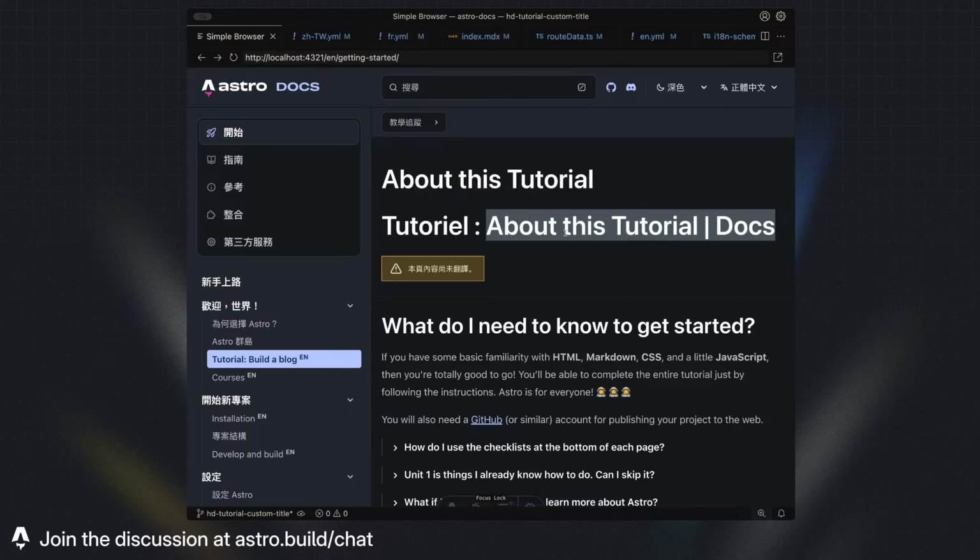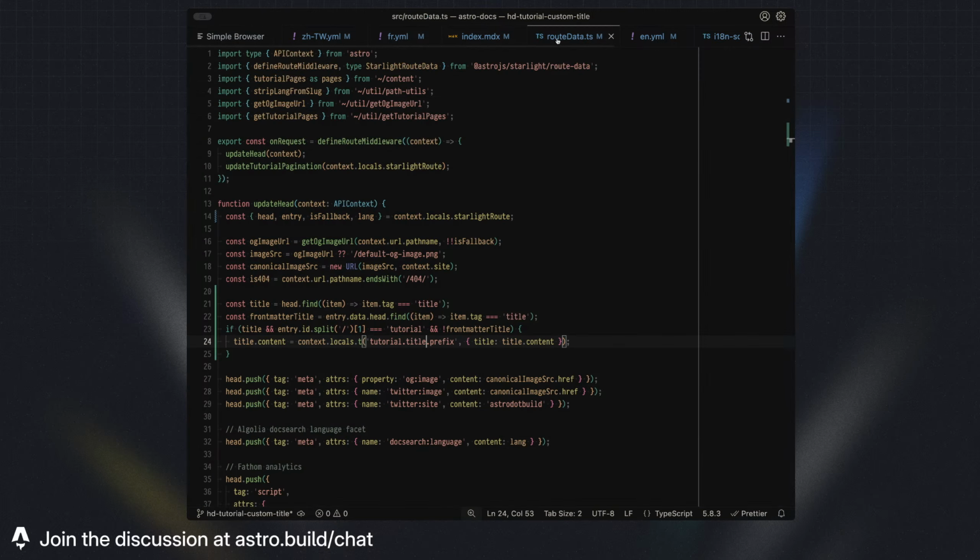in English. So I think we should be able to fix that because we have isFallback in Starlight routeData, which is a variable which will be true when the page is a fallback page, which means Starlight did not find a translation for it and is using the English version or the original version. So what we can do, I guess,